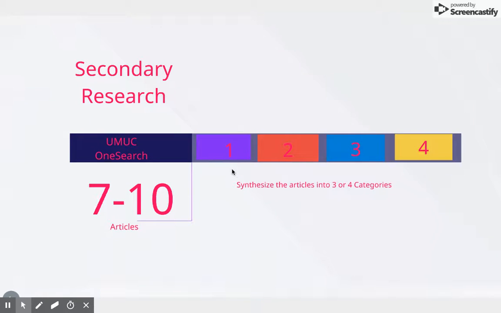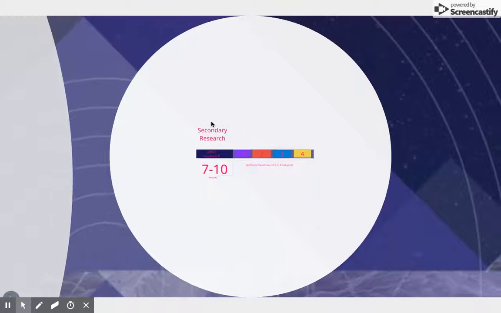categories. So for example, let's say I selected, I need streetlights in my neighborhood. That was the impediment. It makes it difficult to walk my dog at night. It's not safe. So the articles that I selected, I'm understanding as I read through them, I'm synthesizing, I'm putting them together in categories, how they relate to one another. And one of them is, I'm noticing that several of the articles focus on